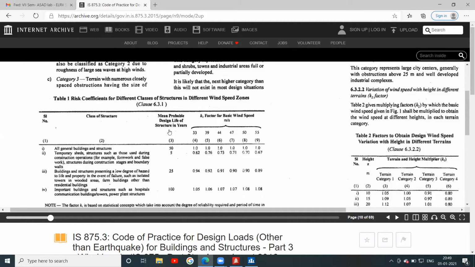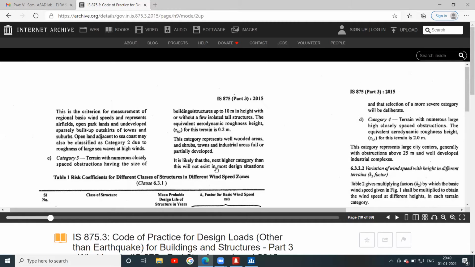The design life of the building is 50 years; generally we take it as 50 years. So we take the K1 factor for basic wind speed, which is 44. For general buildings and structures, we can take it as 1 here.